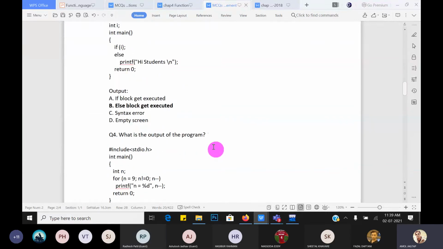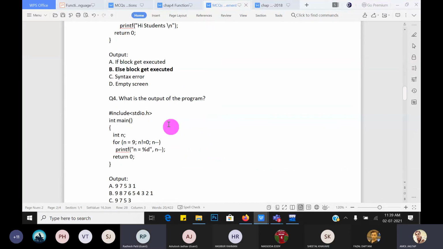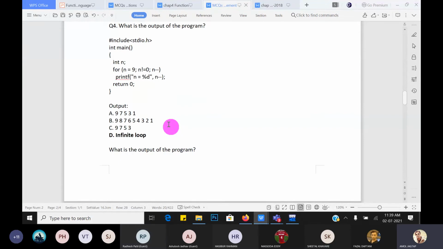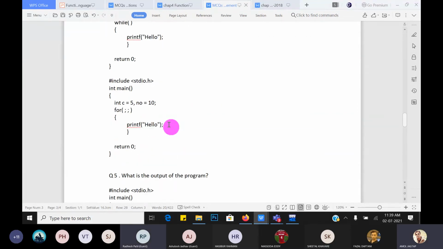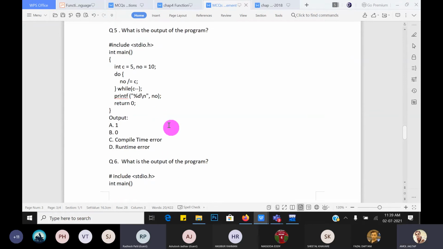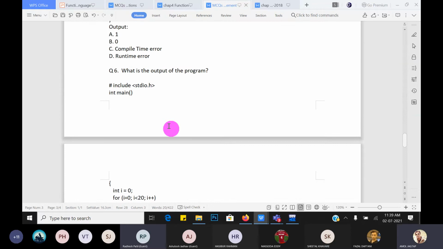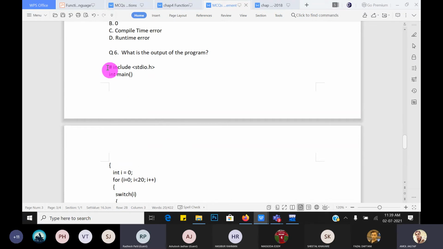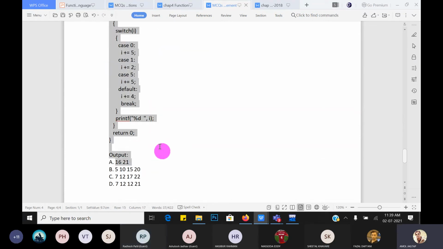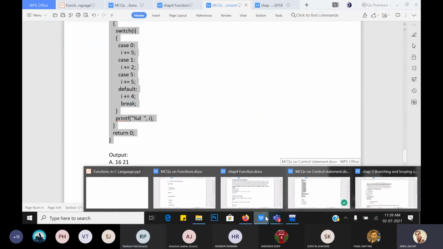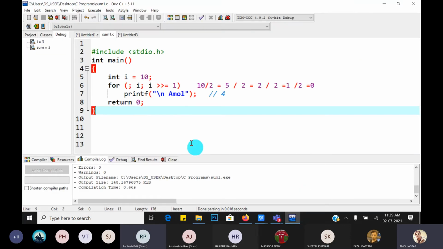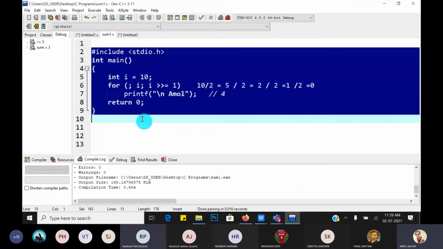Already we have covered lots of objectives. So which one is remaining? Okay. This is also over. Yes, over. Next, the most important part: the break statement, switch case and break statement. Okay, so we will...